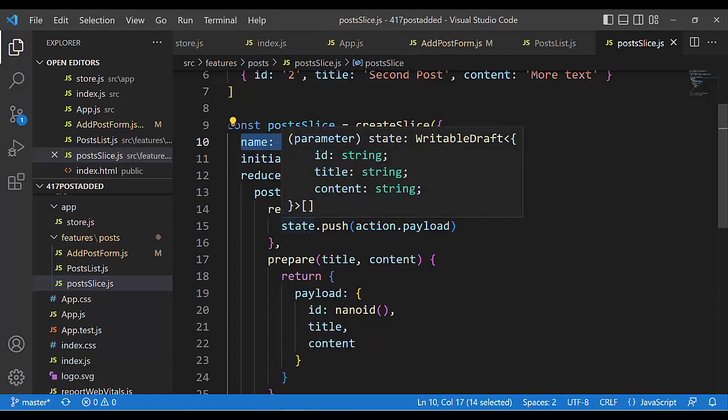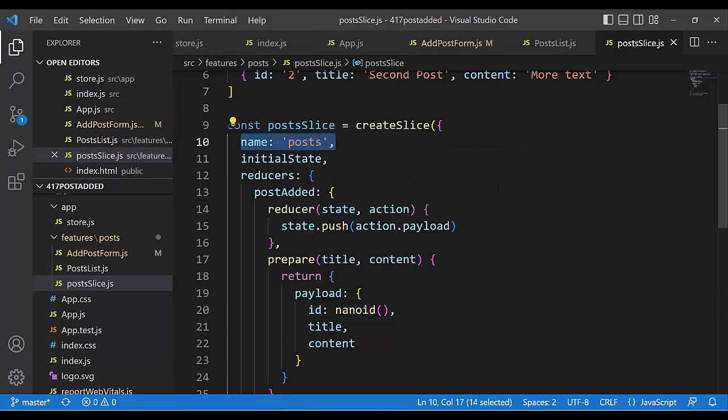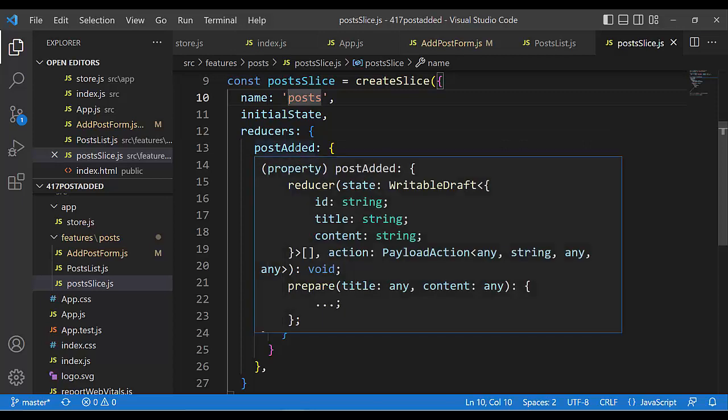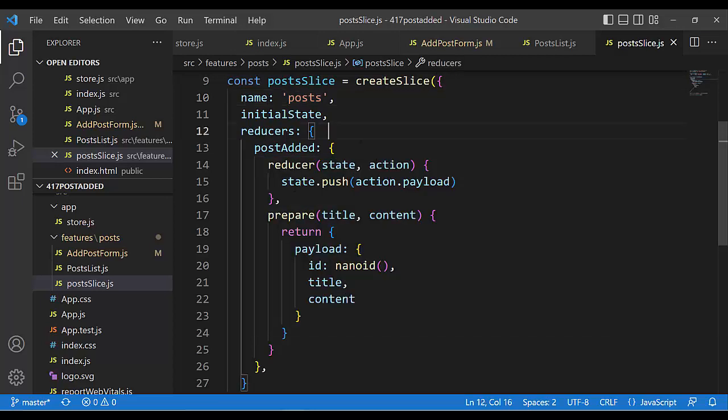Name posts, because of that the action type would be posts, and we have the initial state and reducers. Of course it is the initial state. The reducer is post added. The post added reducer has state and action as input, and on that state push means adding